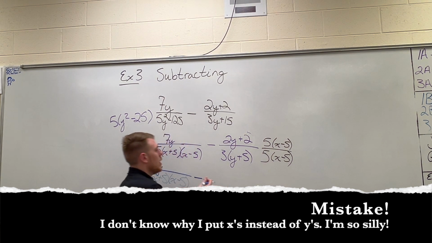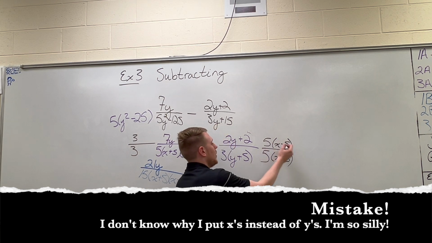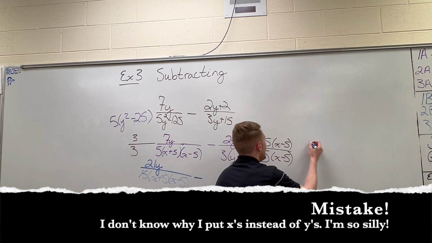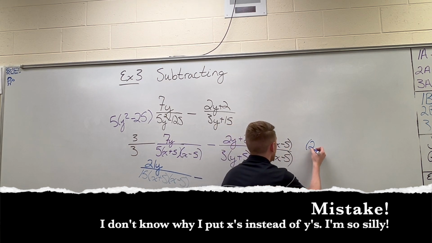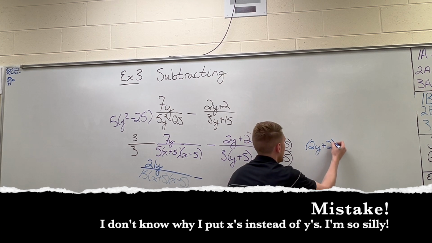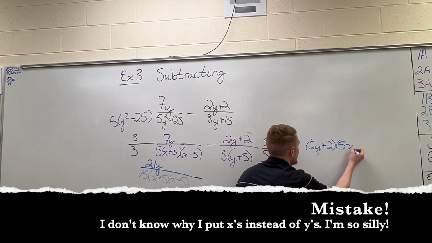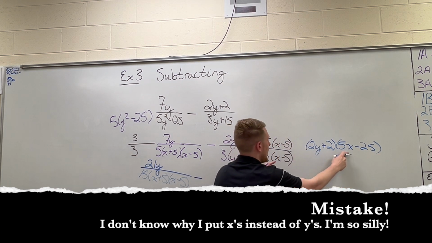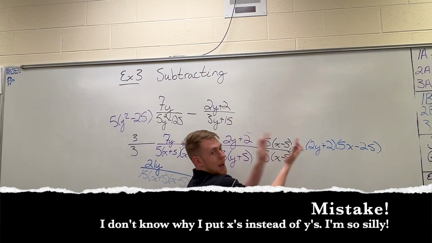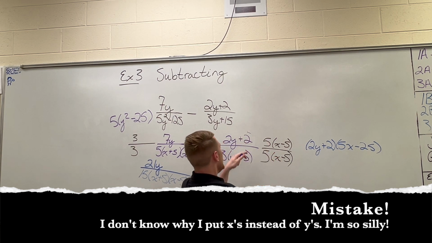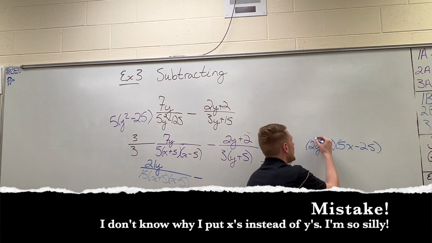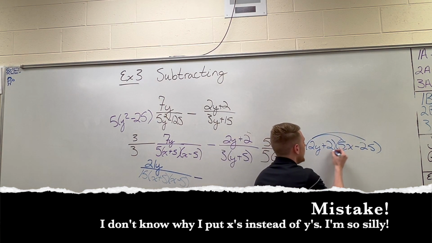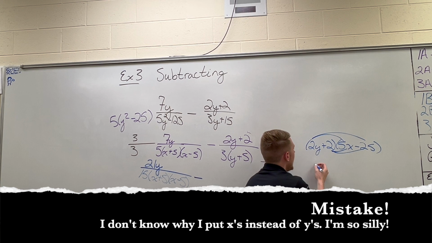We come over here, and now what I need to do is multiply this. And so I get 5x minus 25, and I have to multiply this, which I wrote here, times this, because now I gotta multiply them together. I have to multiply the top and the bottom by the same thing. So, all you need is FOIL. So, I get,